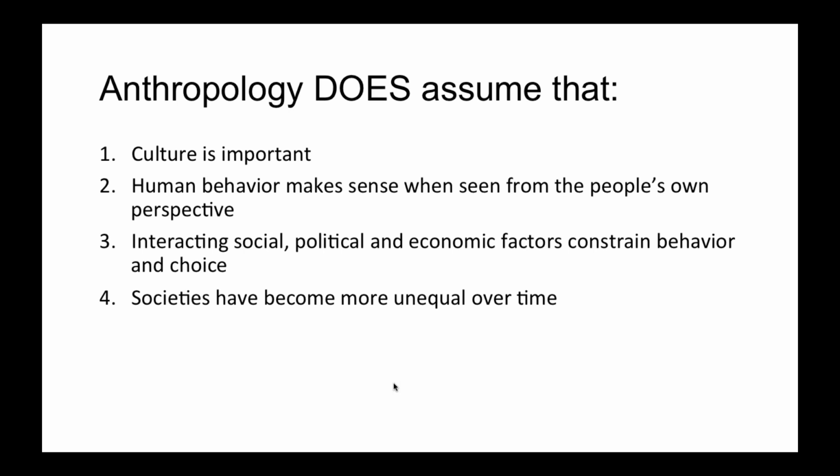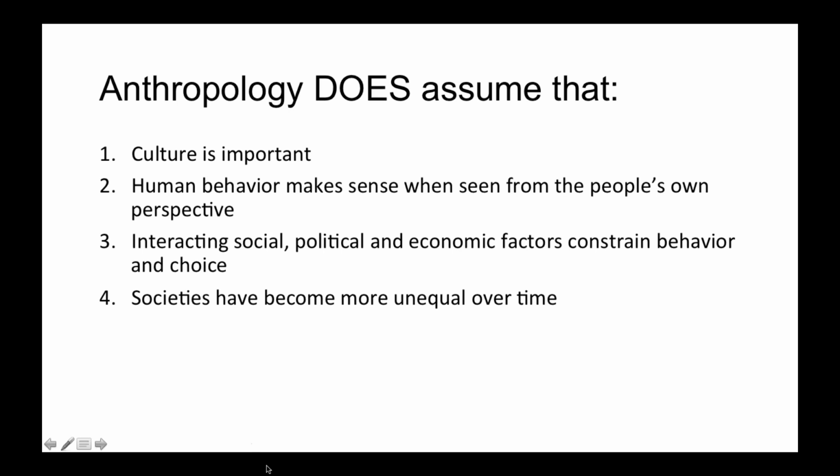So this is the old phrase of understanding somebody by walking a mile in their shoes, but it is that we do not use words like superstition or the idea that these people are ignorant. These would be taboo words in anthropology, but rather we need to understand them from their own